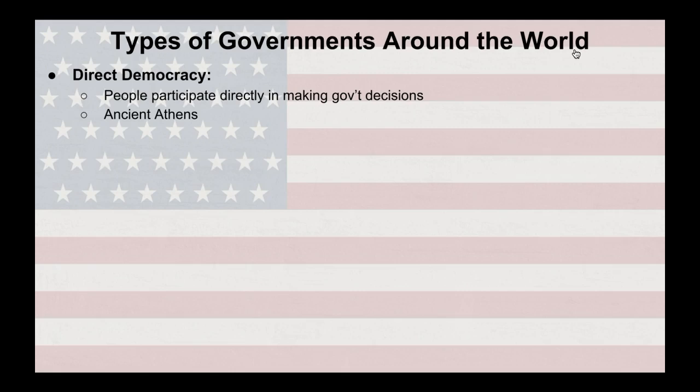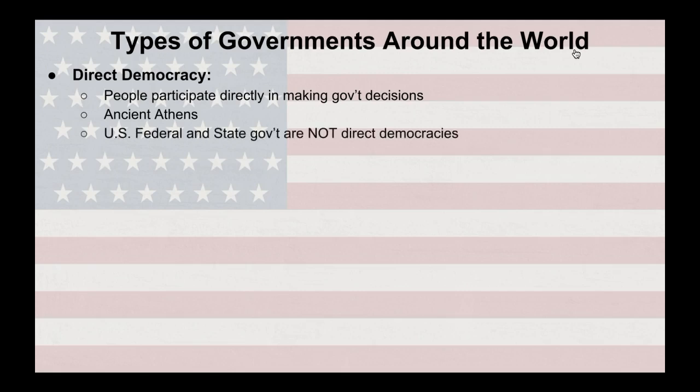And so instead of just electing certain people to do this for them, as we do in the United States, they would participate directly in the democracy and